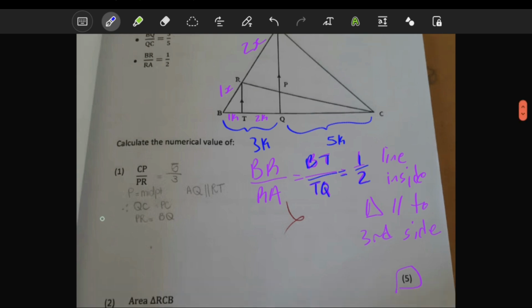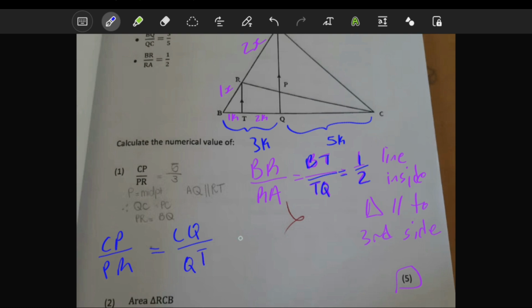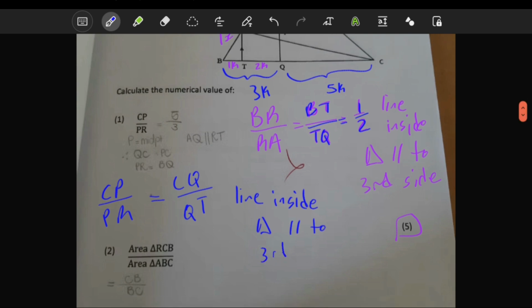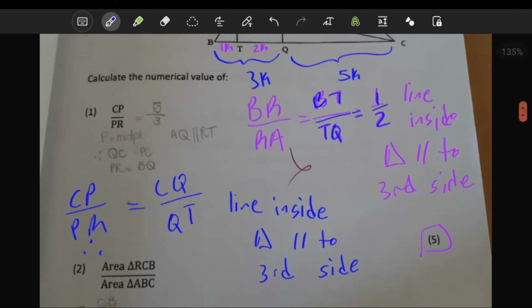So this being said, we can then say therefore, let's see here, let's not start with the therefore, because that's just weird. So we want to get CP and PR. So here we can say CP over PR. That is technically equal to CQ over QT for the same reason, right? And the same reason is line inside, depending on how you write your reason here, I would just say line inside triangle parallel to third side, you see. So us having said that, we can then just conclude by saying therefore